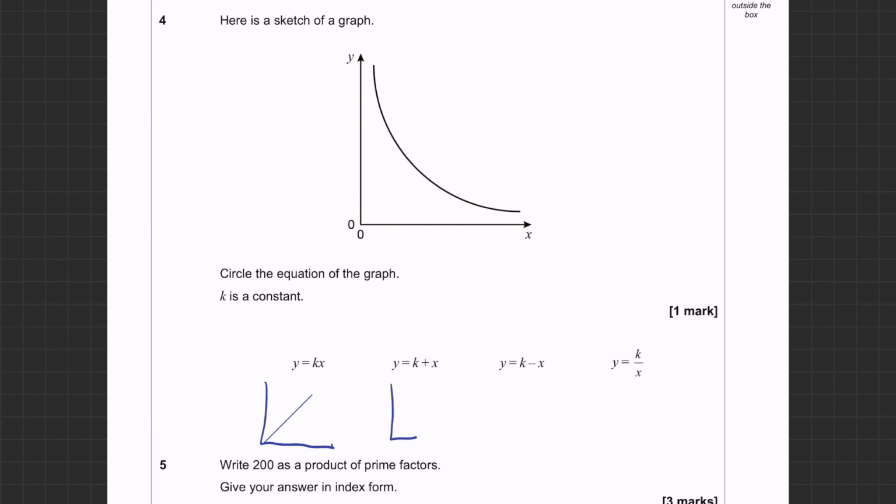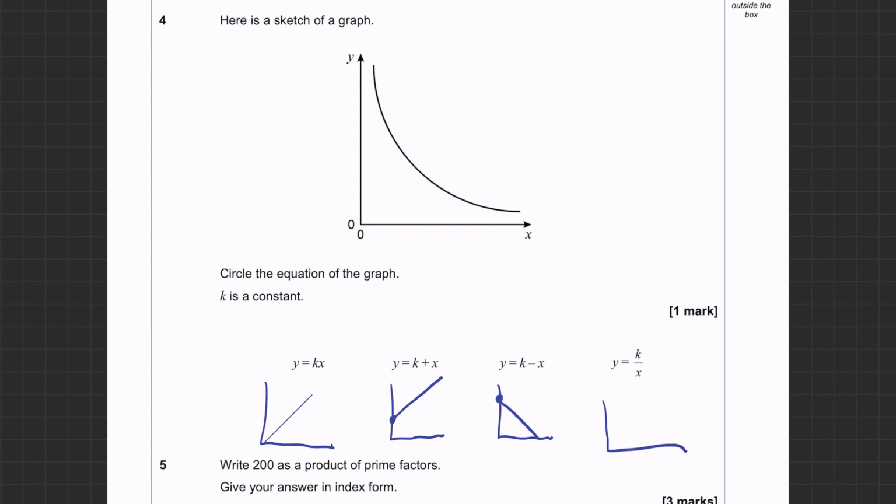If we've got y equals k plus x, we're going to have a certain value, so say k is 2. Let's say there, and if we're adding x to it, it's just going to go up in a straight line. Y equals k minus x. Well, if k is, for instance, 5, it might start up here, because 5 take 0 is 5. Then it's just going to go in a straight line down, because we're taking away the same amount each time,